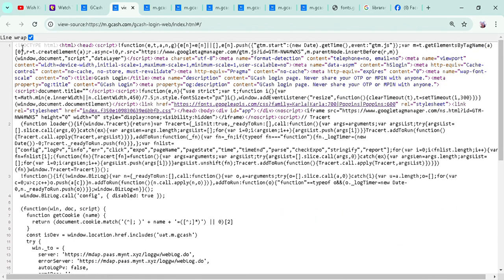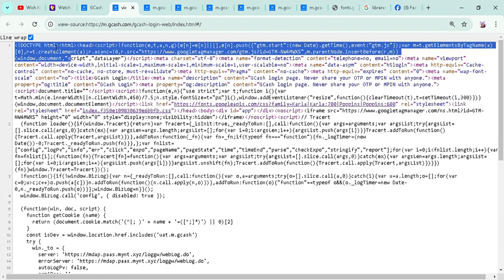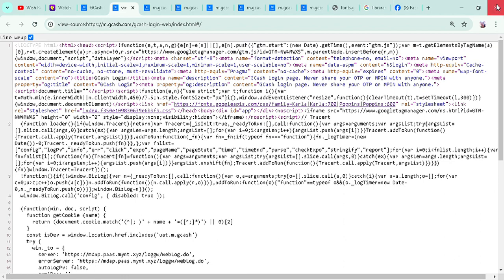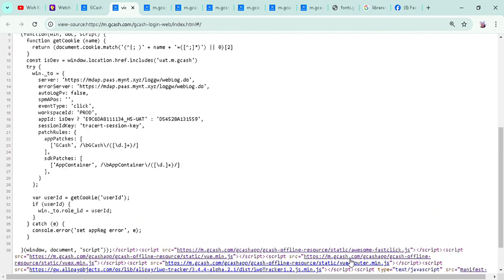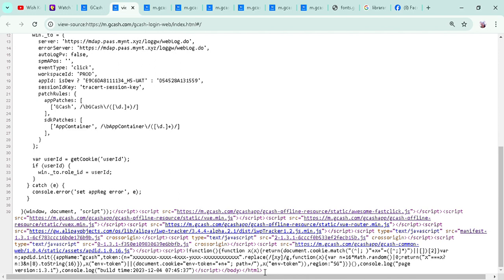We all know that doctype HTML is the one who uses it. You can view different web browsers, so it's very important that you can use this one, the HTML. Yeah, that's all.